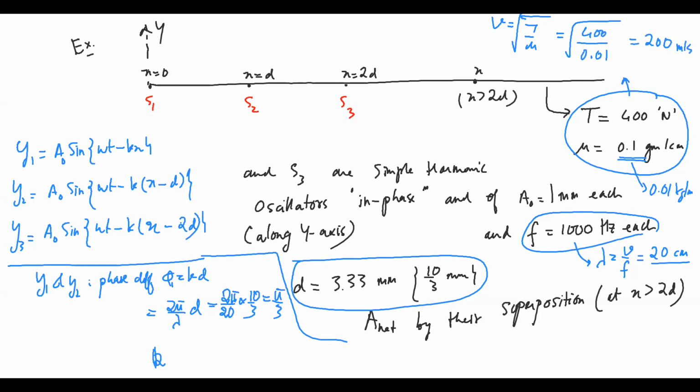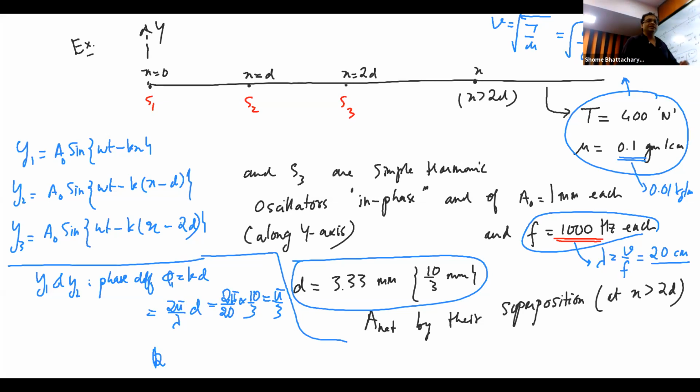Sir, it would be pi by 30. Okay. So people, just make sure that you take the corrected value of frequency. I've changed the frequency from the original 100 hertz. That problem is also solvable, but it would not give the answer that I was looking for in this question. So just change it to 1000 hertz so that you get the wavelength as 20 centimeters. And now try to understand what the superposition of these waves will result in.